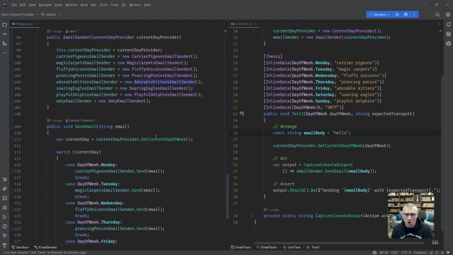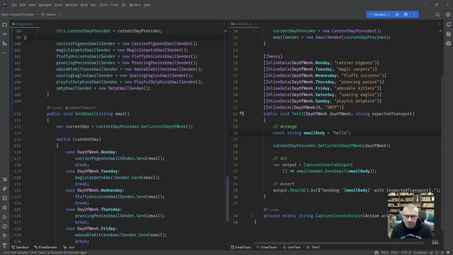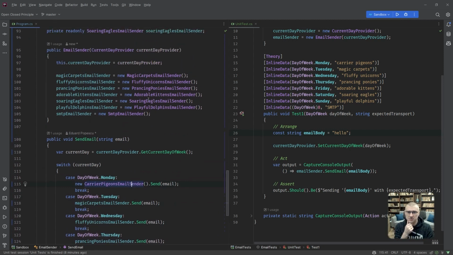Well, almost. Watch this. Instead of creating the sender in here, I'm going to inline field. Okay, so we got rid of it from up here, from the constructor where the previous refactoring placed it, and I brought it in here inline.